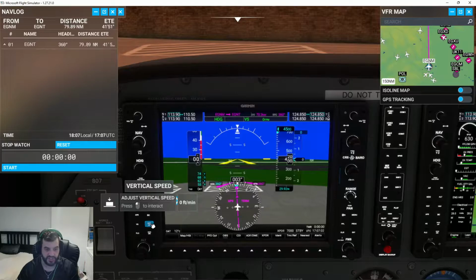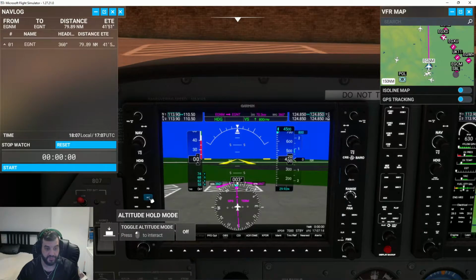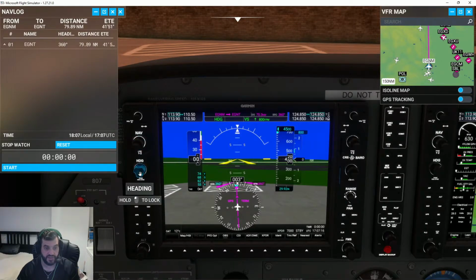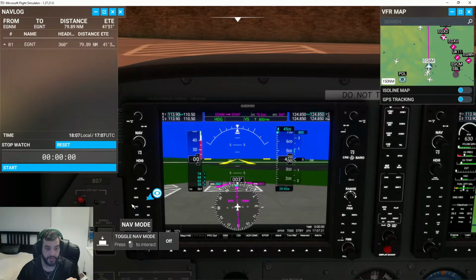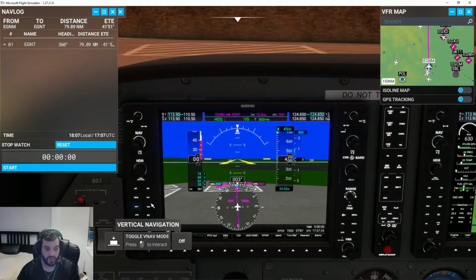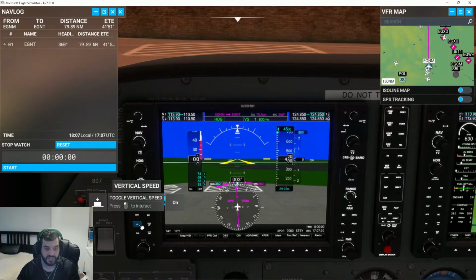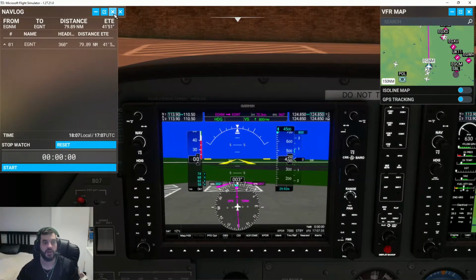What we've done is we've turned on vertical speed and we have set it to 800 feet per minute. Then we have given it a heading of 360, and we've got heading select on. And let's see how that does. We'll try it in the air. We'll have another look. Anyway, for the meantime,